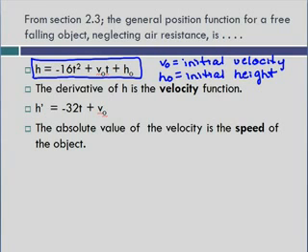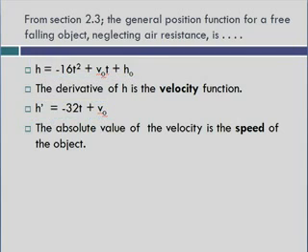And the derivative of that then would be the velocity function. So if I do the derivative the way it stands, I would have negative 32t plus v sub o, which is the initial velocity. And then the absolute value of that is the speed of the function. Okay, so on this problem then,